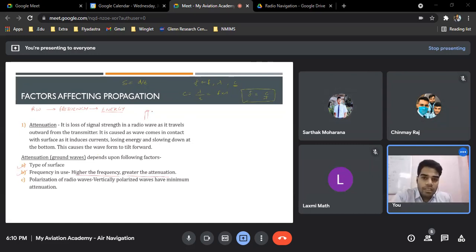What will happen is it will be sending out the radio waves in this direction, in all the directions actually, but it's vertical, so its component of electric field will also be vertical. So this is why it has a longer range, whereas the horizontal will have a shorter range. And the same thing goes for attenuation. Why does the vertical aerial have a longer range? Because of the same reason, polarization. When you are vertically sending out the rays, the energy lost is less.